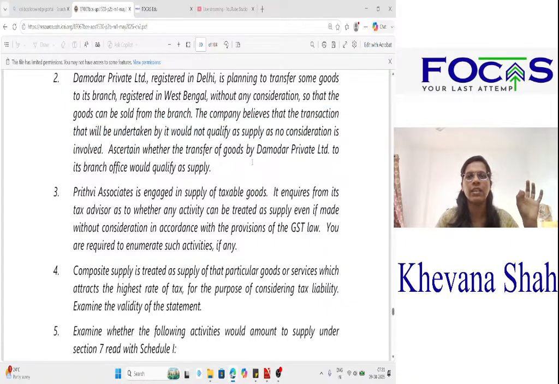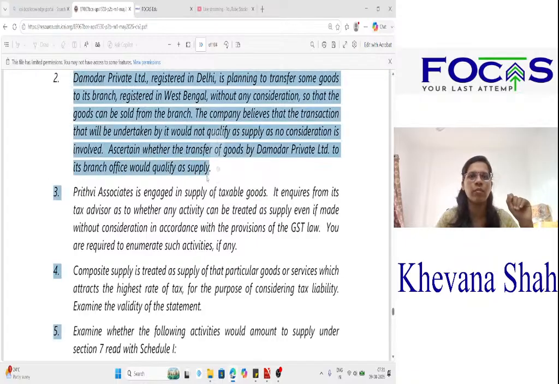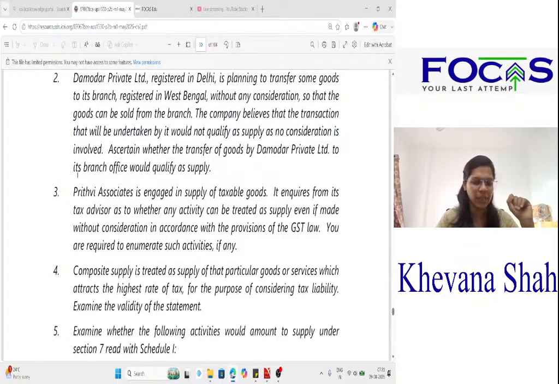Ascertain whether the transfer of goods by Damodar Private Limited to its branch office would qualify as supply. Now see here, this Damodar Private Limited is registered in Delhi. Okay. Now what they are doing, they want to transfer some of the goods to its branch which is registered